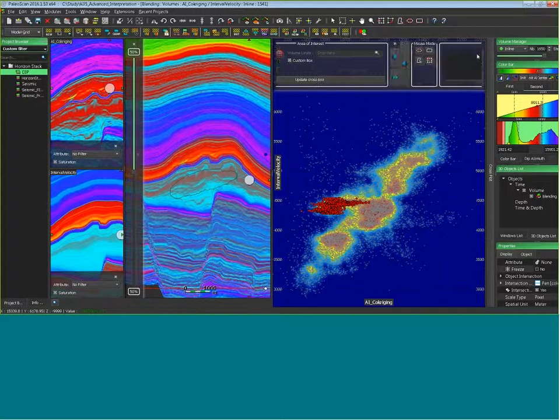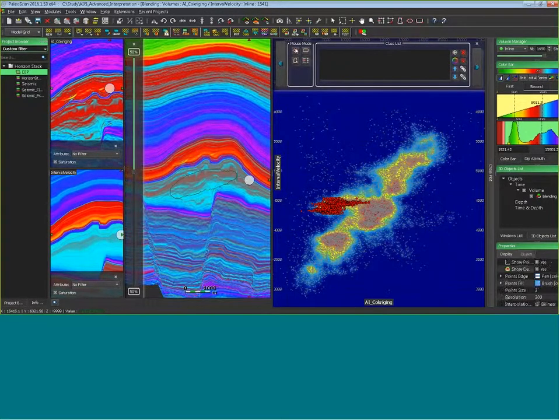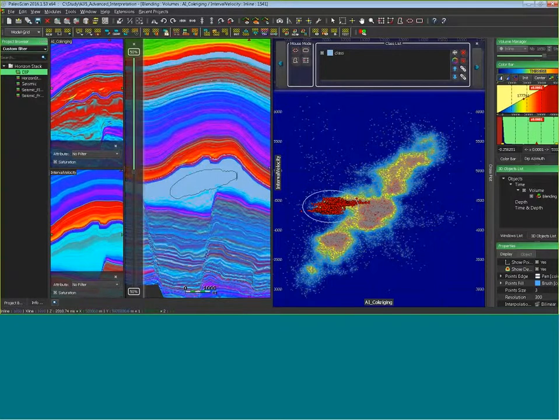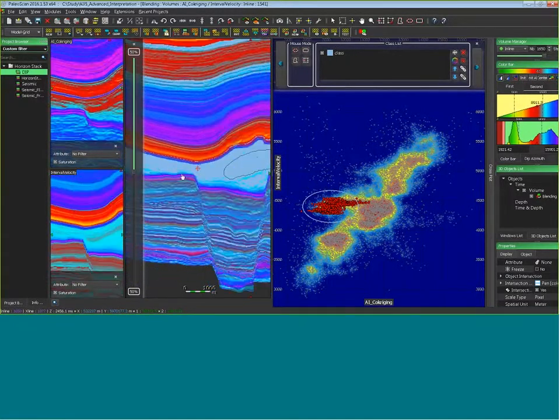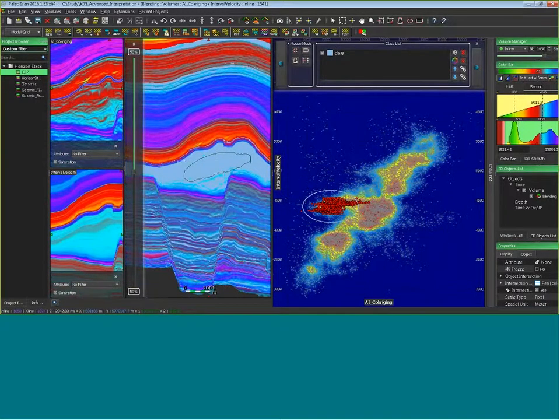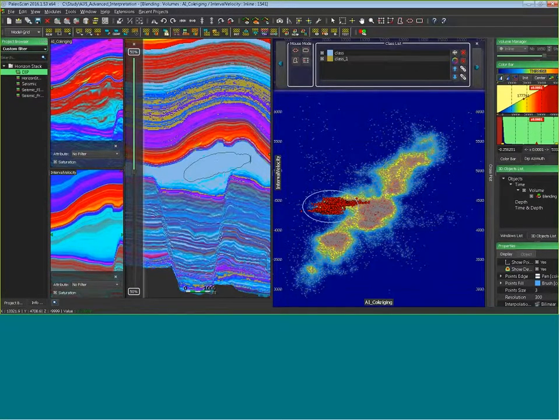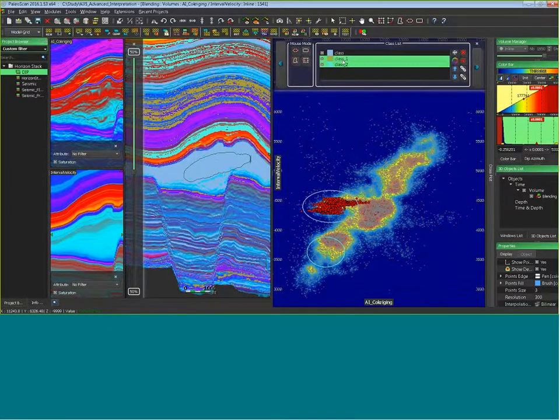Okay. If I want, I can switch to the other part. It's the class selection, and like this, I can just select a part of the points, and directly I have the retro mapping of the class on the left part in the blending viewer. If I want, I can create as many classes as I want, like this. Okay. If I want, I can select two classes.